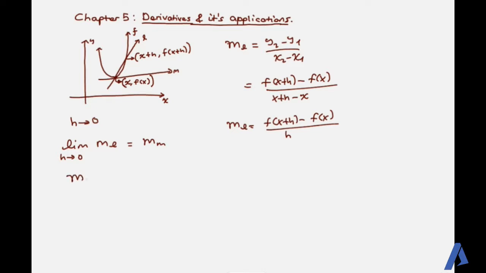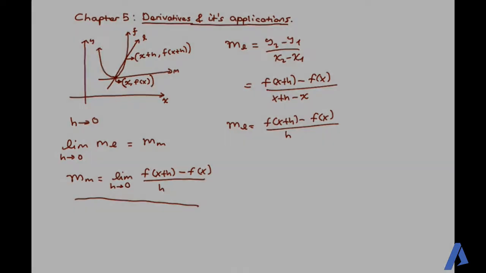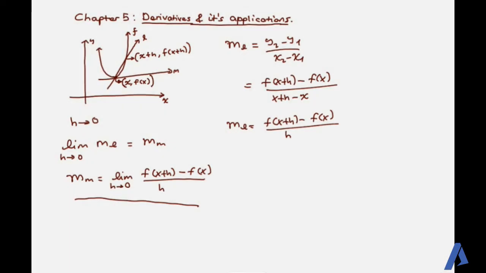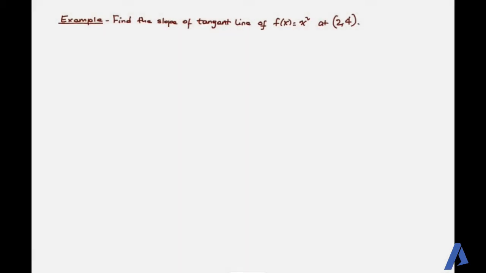So the slope of tangent line is equal to the limit of f of x plus h minus f of x over h as h approaches to 0 ማለት ነው። ስለዚህ the basic idea of derivatives ይሄ ነው ማለት ነው። ስለዚህ ይሄንን ምን እንለዋለን? the derivative of the curve at the given point x f of x እንለዋለን ማለት ነው።